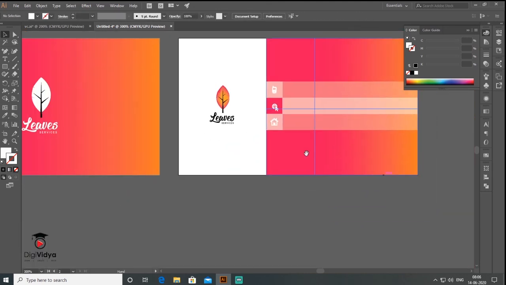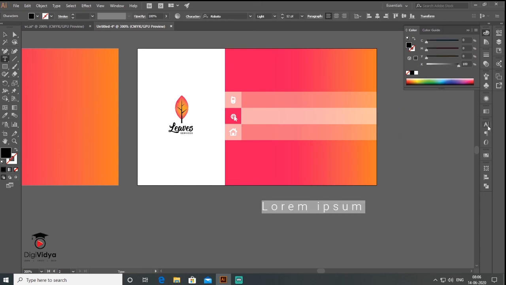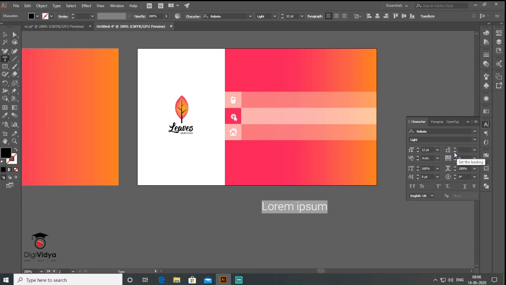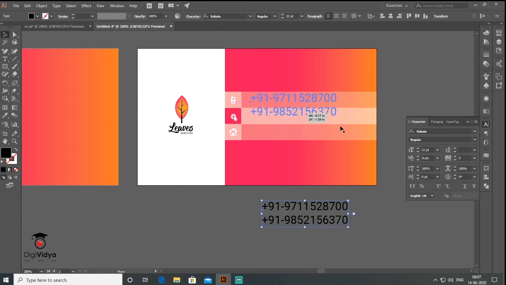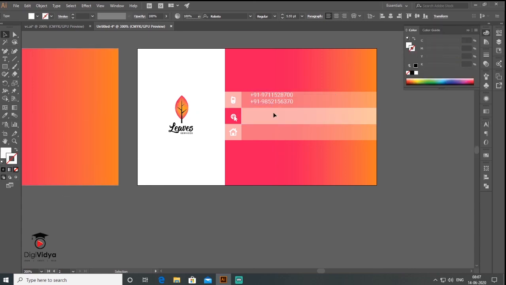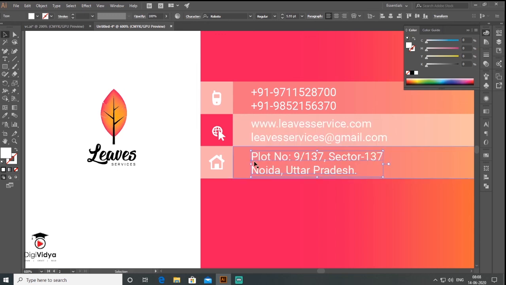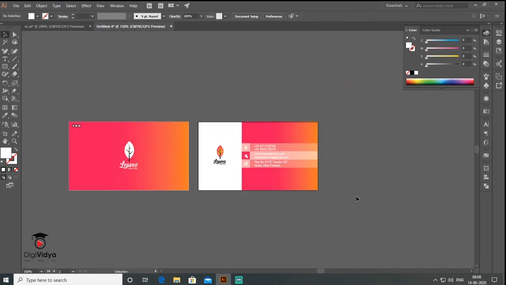So okay, here I want to write down my phone number, so I go to text tool. I click in here and go to character palette and change the tracking into 0 and font Roboto regular. Okay, then I select this font and drag it to the top of here and scale down this font and change the font color into white, and then copy paste this and copy paste this. I copy paste all these fonts first, right? Then I go to text tool, I write here, fine. So I write down all of these contents.